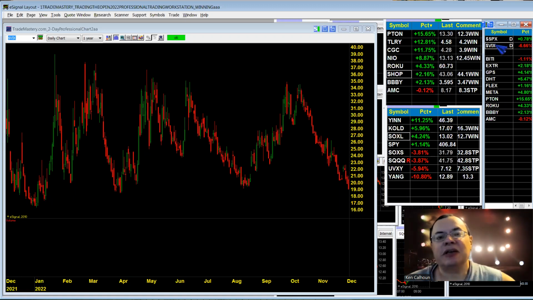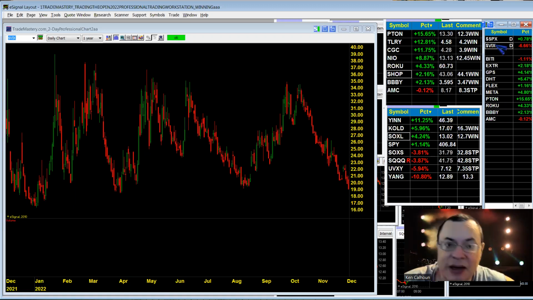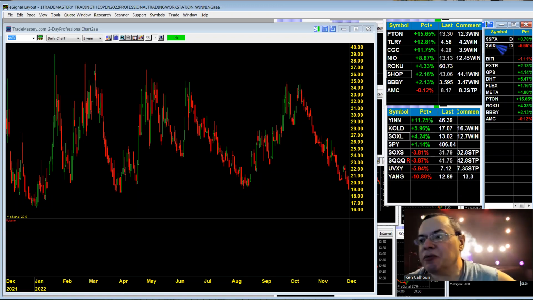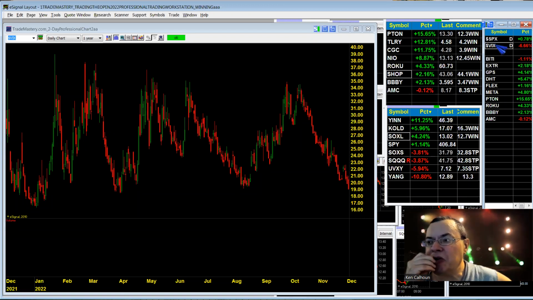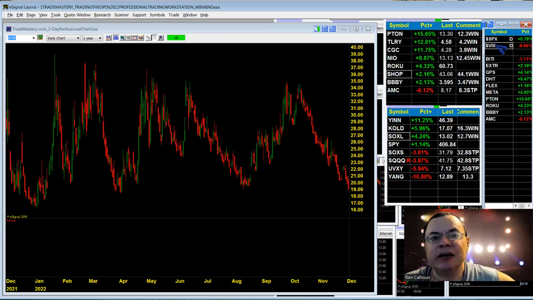The market goes up and down. The VIX always cycles up and down 100% of the time. That is a fact. The volatility index will never stay down. You can knock it down, but it doesn't stay down forever. It always bounces back up. And we're right at the tail end, a day or two before the rebound in the VIX.